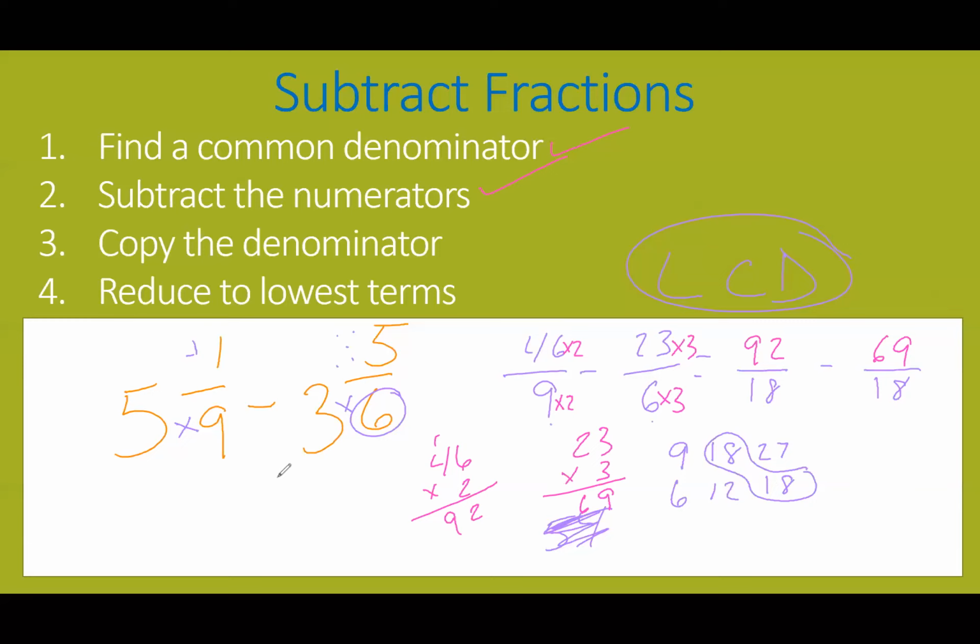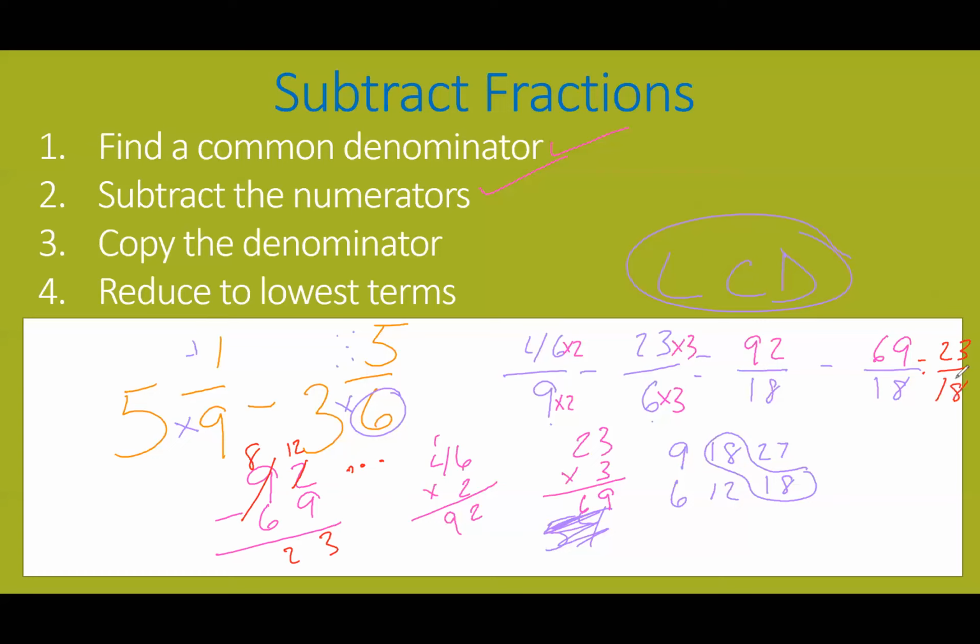We've got, I'll do it over here, 92 minus 69. I cannot subtract 9 from 2, so I need to go to my neighbor and knock on the door. Can I borrow 10? And they say, sure, I've got 9 tens. Here you go. And now they only have 8. But I have $2 in my pocket. And my neighbor just gave me $10. So now I have 12. So let's see how many we have. 9, 10, 11, 12. That's 3. And 2. So my answer is going to be